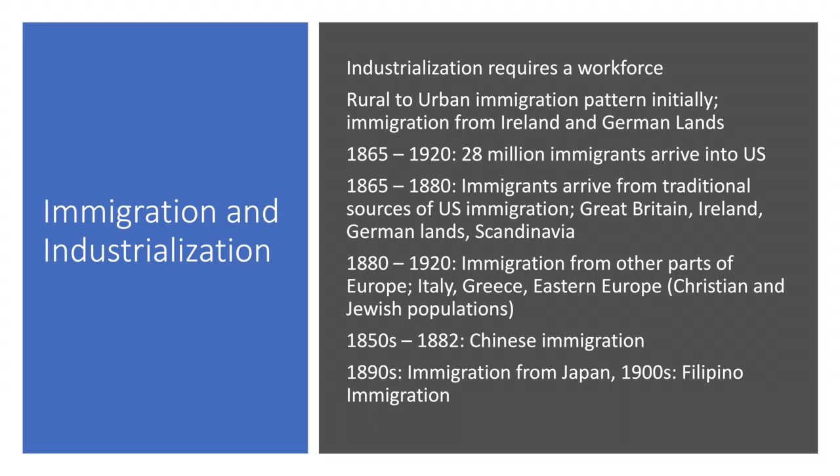Now, you can kind of see two different patterns emerging during this period, 1865 to 1920. From like 1865 to 1880, immigrants tended to arrive from the traditional sources of U.S. immigration. Now, before the 1840s, there wasn't a tremendous amount of immigration to the United States. It actually wasn't a part of the American experience in any large number, and it wasn't something that Americans really thought much about. But in the 1840s,